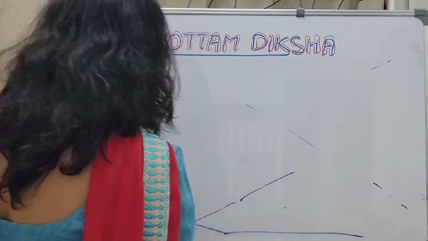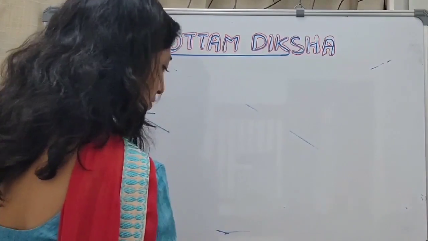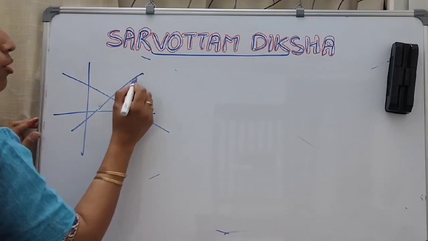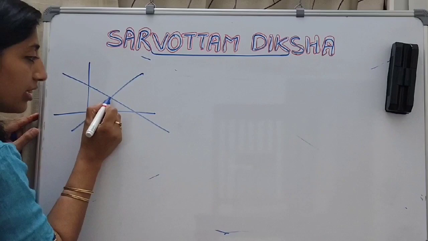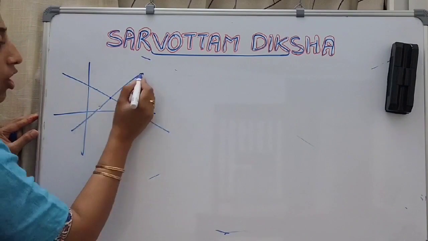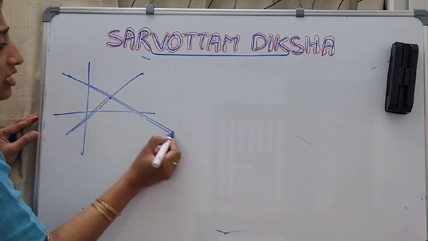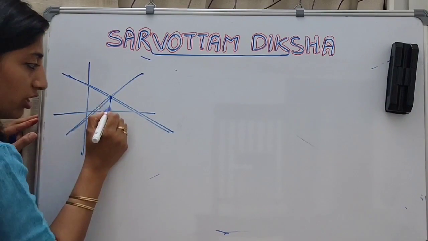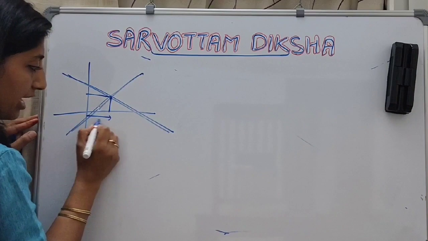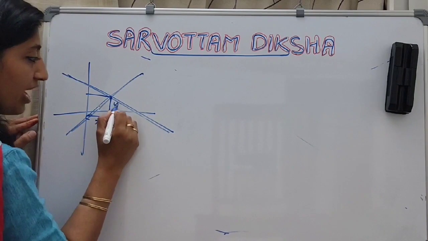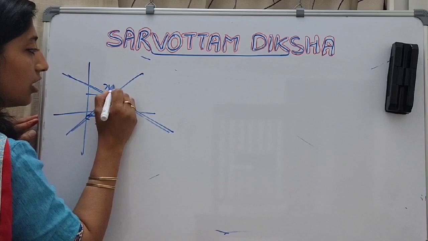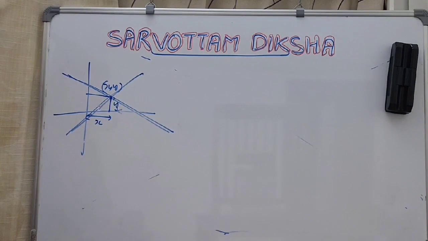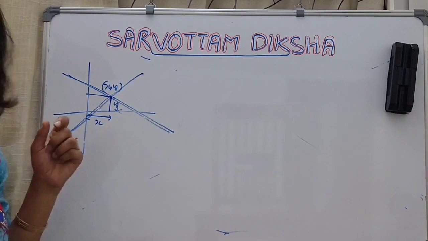What do I mean by solution? That there will be only one set of x and y which will satisfy both the equations. And which is that point? This point, if you see, is lying on this equation also and this equation also. So I measure the values of this particular set of x and y. This is my x and this is my y. With the solution of these two equations I will get the exact number of rides I have taken.